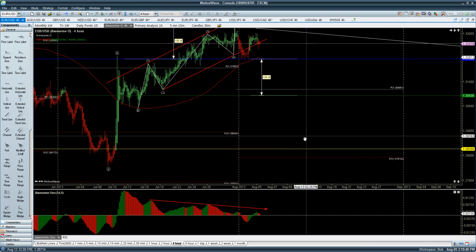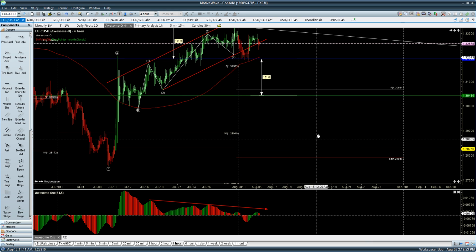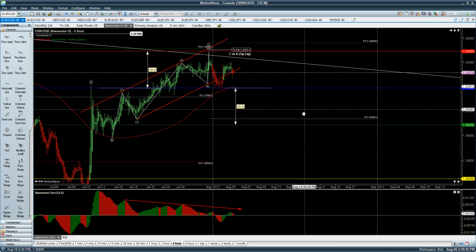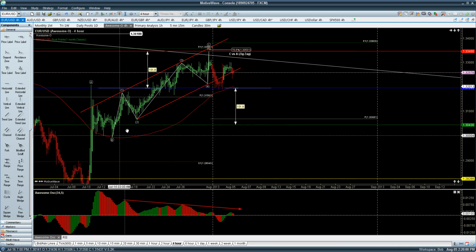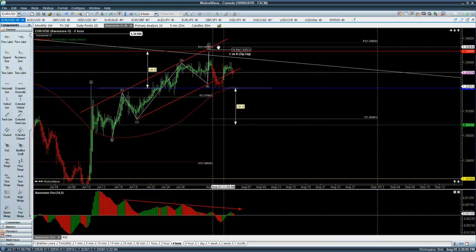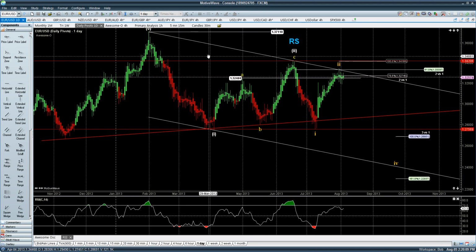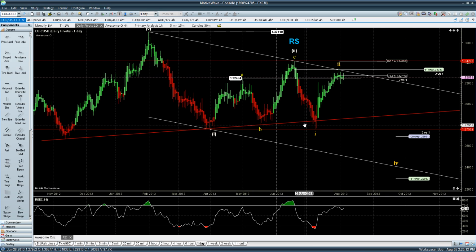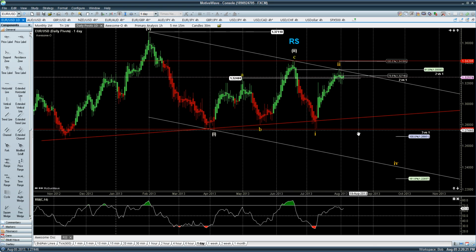Then eventually I am looking for a break below 27.50. We'll have to see what happens here on this move down. This could be just an A, B, C up for A. We get a B and just come up here just a little bit again. Really can't go a whole lot higher on the bigger count here before this wave one would be out.